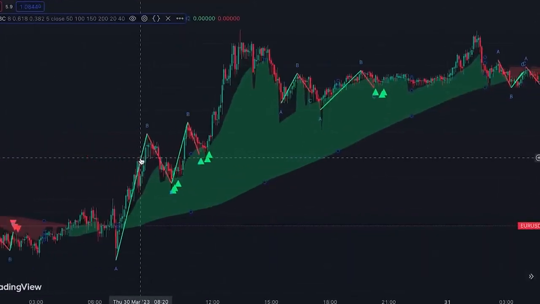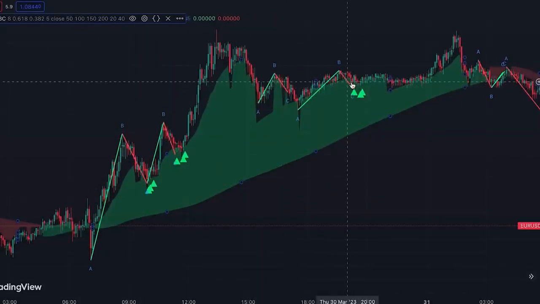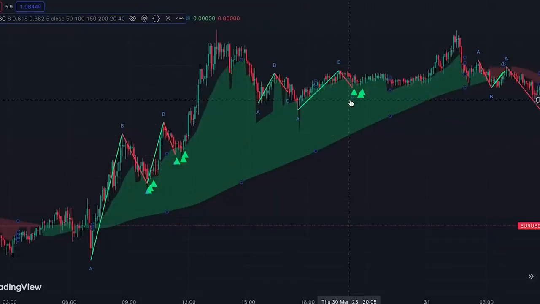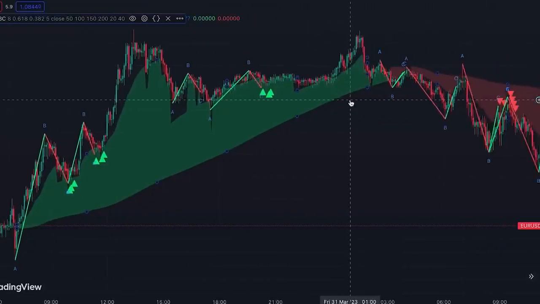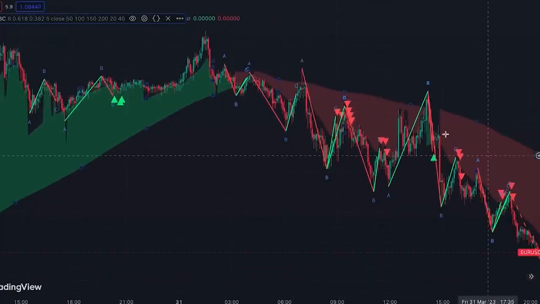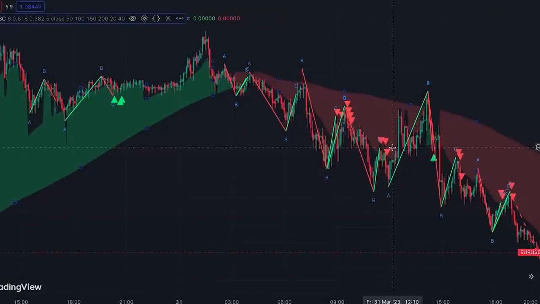When the price is in an uptrend, which is identified by having a green cloud, then bullish ABC patterns are shown on the chart with these green triangles as buy signals if the price starts advancing. And on the other hand, when the price is in a downtrend, which is identified by having a red cloud, then bearish ABC patterns are shown on the chart with these red triangles as sell signals if the price starts